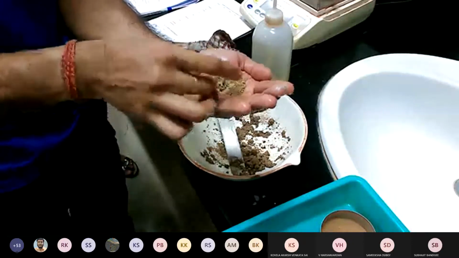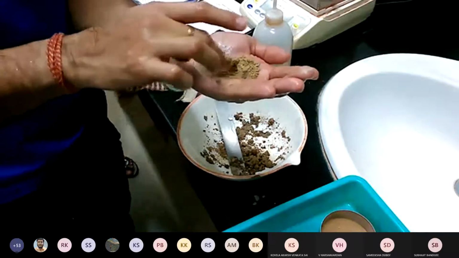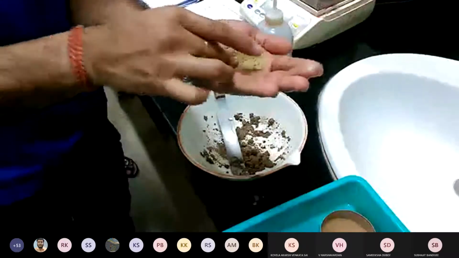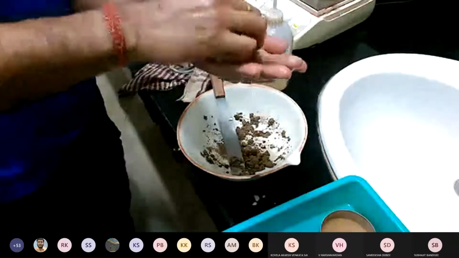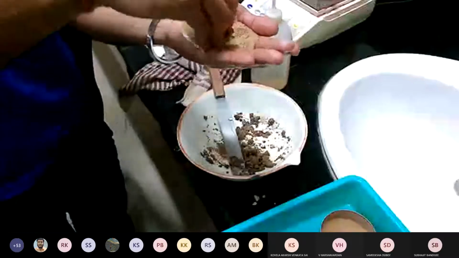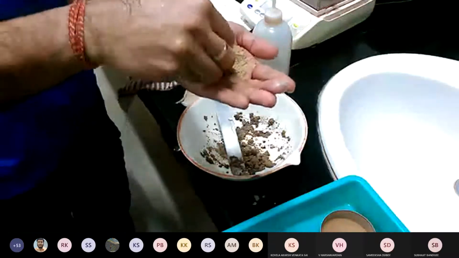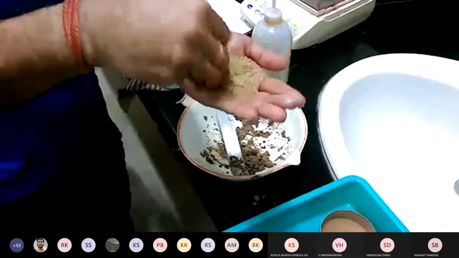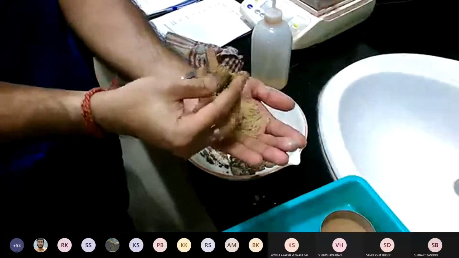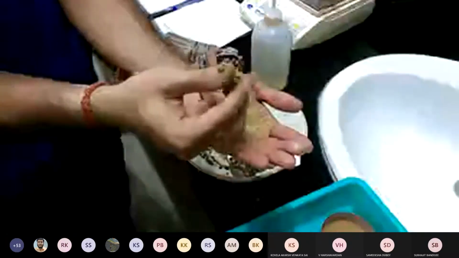So about consistency, if you add a little bit of water into it and mix them thoroughly, you can see here, with very little water we can form balls with it.